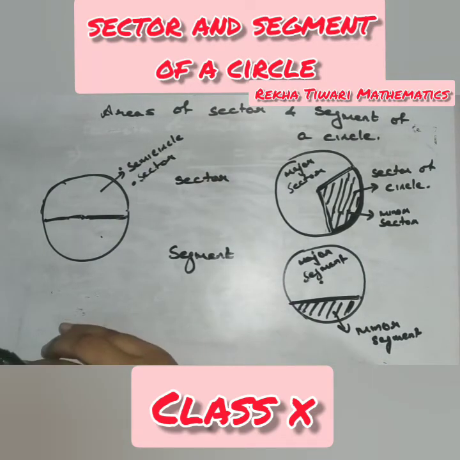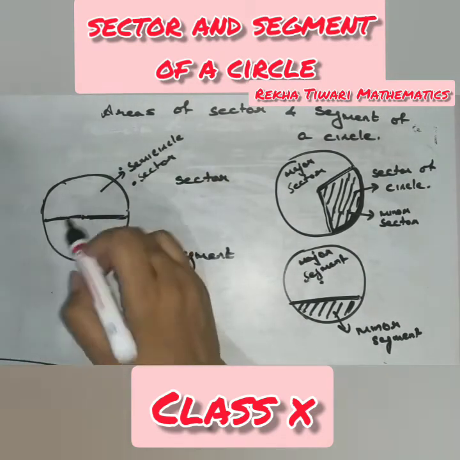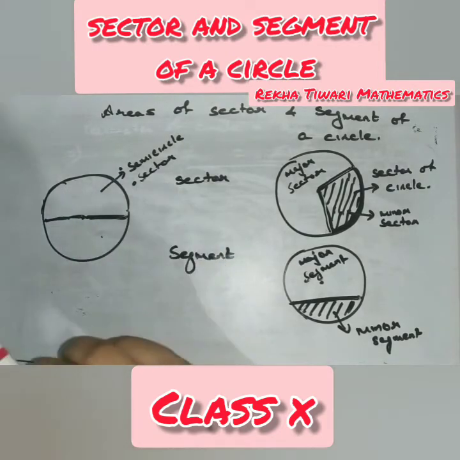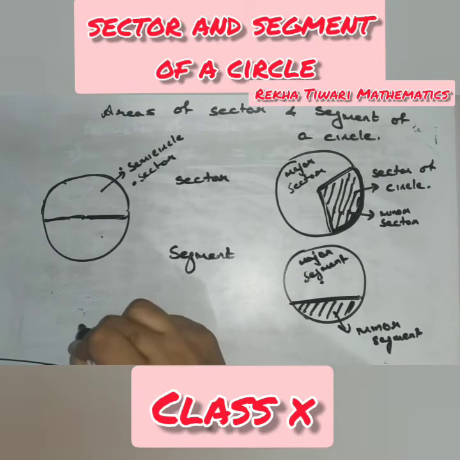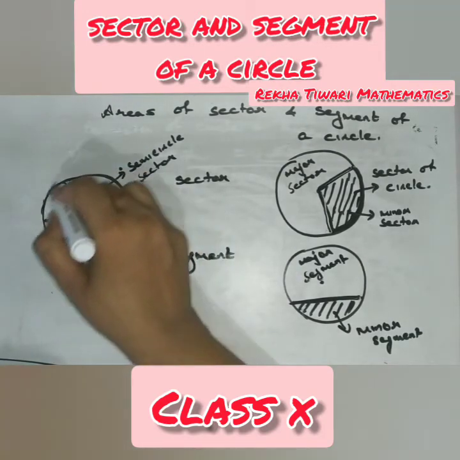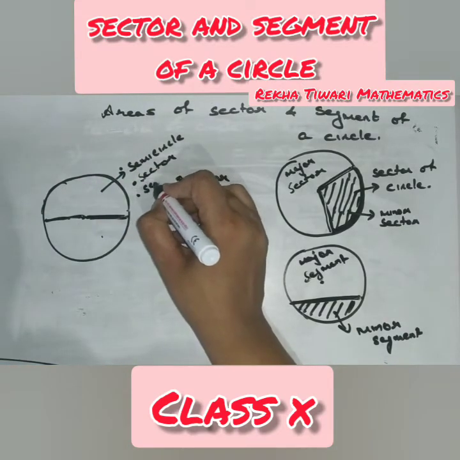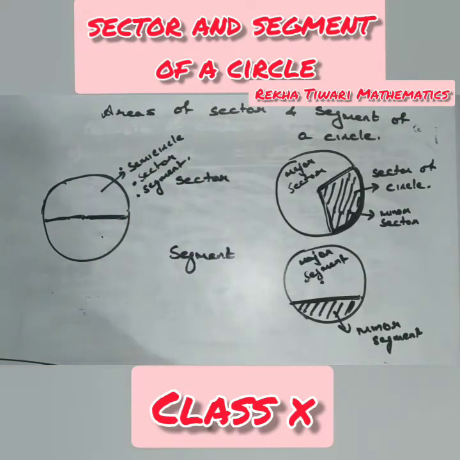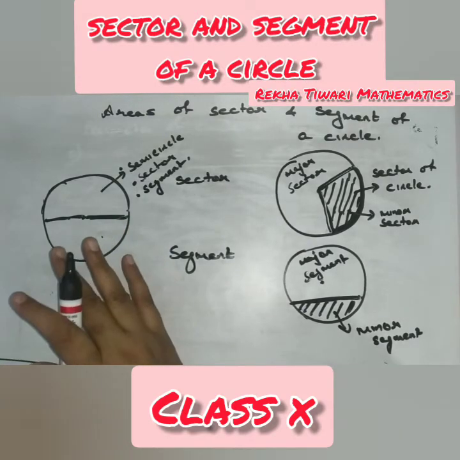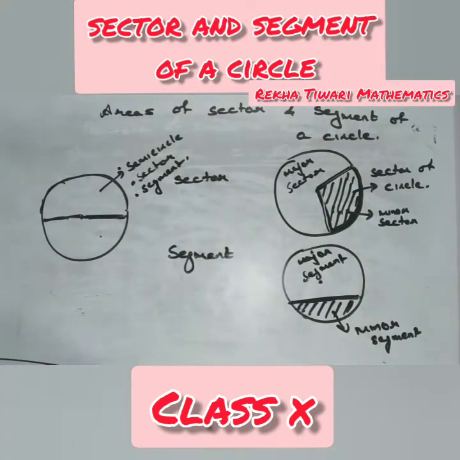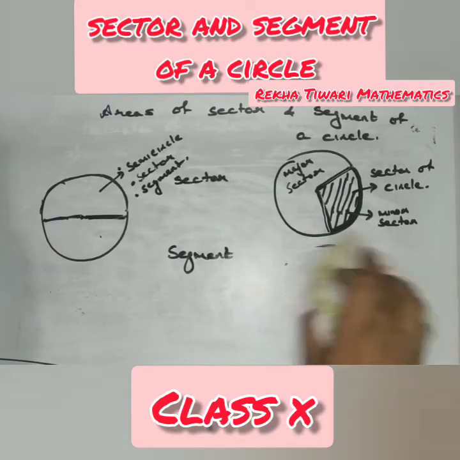Could I call this as segment? Again, yes. Because this is chord joining the circumference at 2 points. And you people know that diameter is considered to be the largest chord of the circle. So the region between chord and the arc is again the segment. So a diameter divides the circle into two parts, which you call as a semicircle or sector or segment. But mostly we call it as a semicircle only. Hope I am clear with the concept. Now let us proceed to the area.